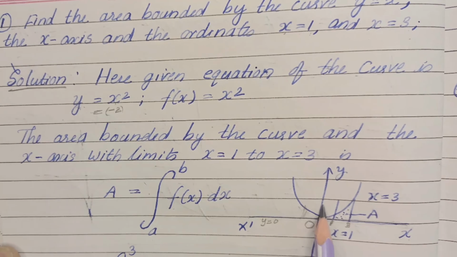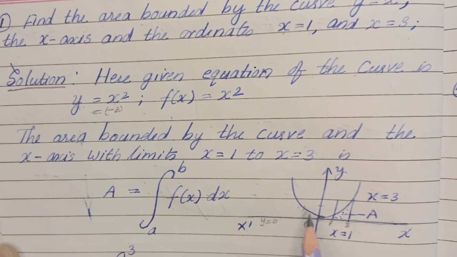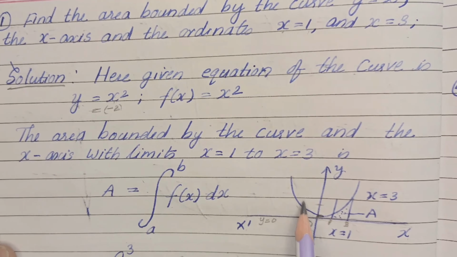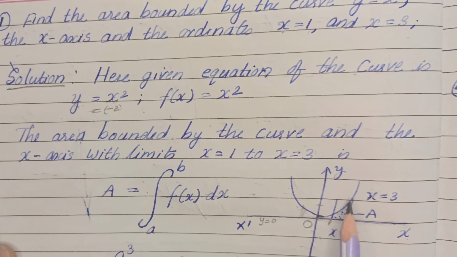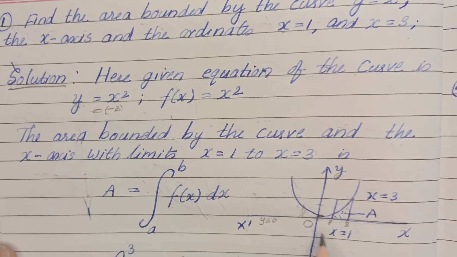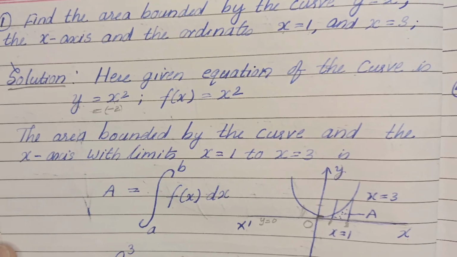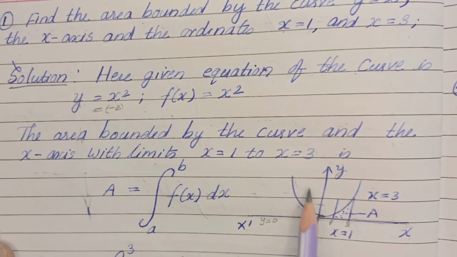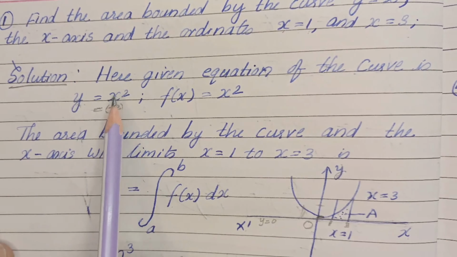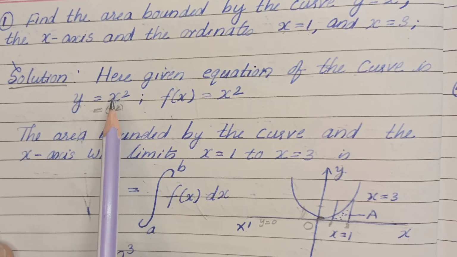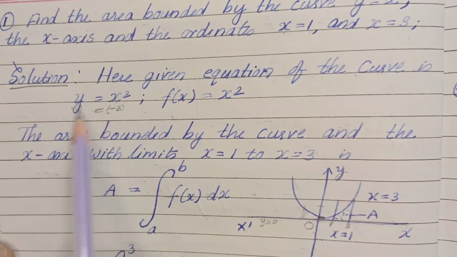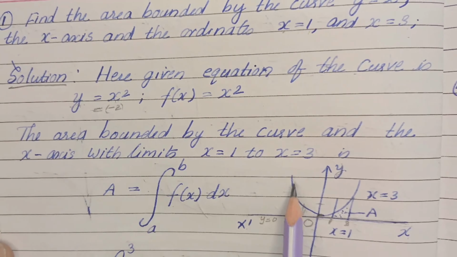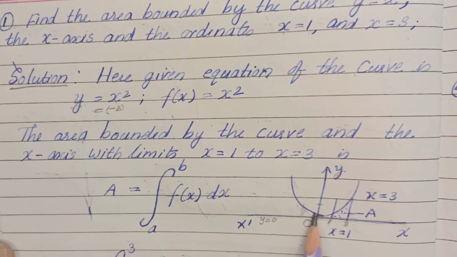So in that way, if you predict it, you will find that you have the graph upwards. Why will you have the graph upwards? Because upward is always y and downward is y prime, that means negative. As per this information, we know the graph will be upwards. It will be only in this area. If x square is given, even if you replace x with a negative value, y will remain always positive. Because of this information, the graph turns upside. This we understood. The curve is always upside.